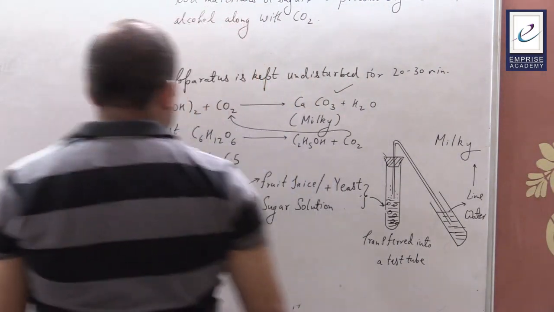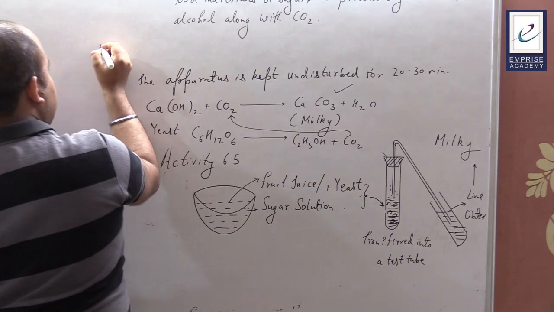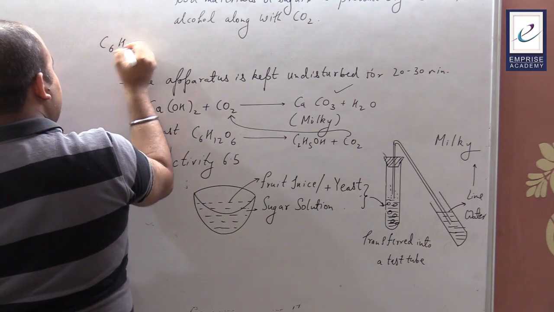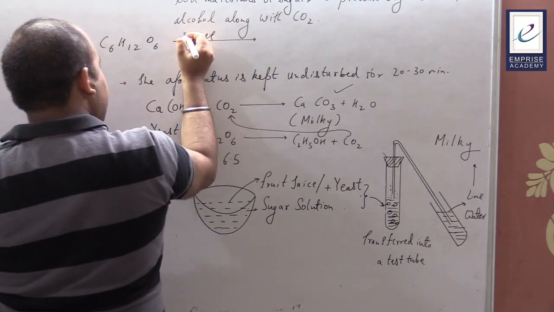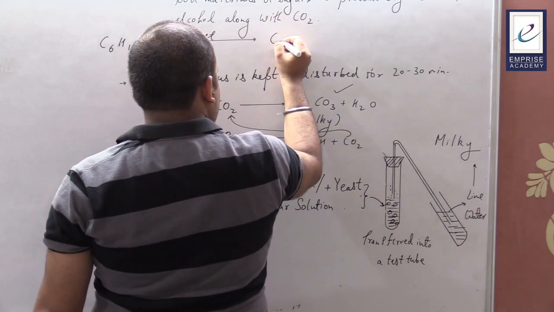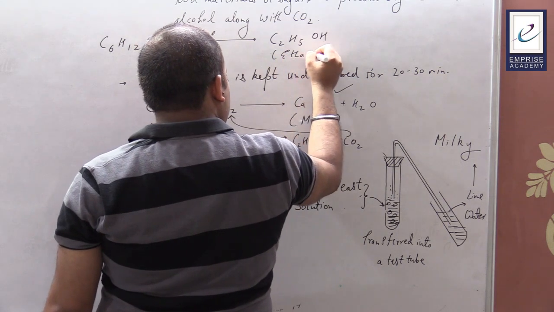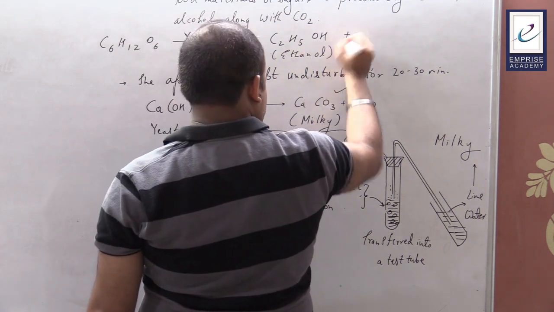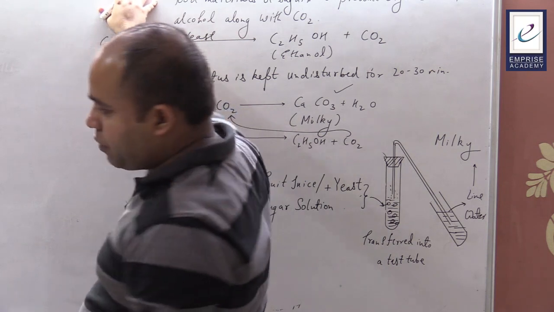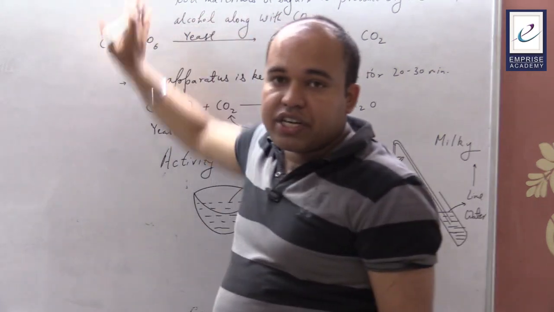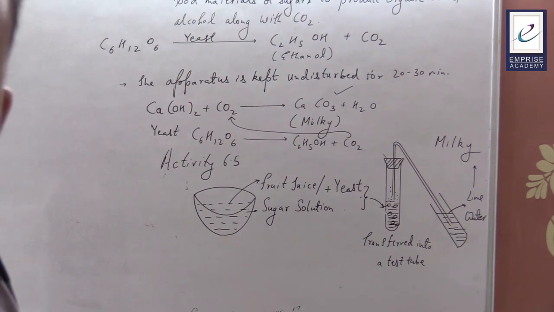This is the process of fermentation. The yeast catalyzes the fermentation of glucose into ethanol and carbon dioxide. For example, yeast catalyzing this particular reaction, C6H12O6 in the presence of yeast is modified to form ethanol, C2H5OH, producing carbon dioxide in the process. This is referred to as fermentation. It is an incomplete oxidation of food material, converting complex food material into simpler ones.